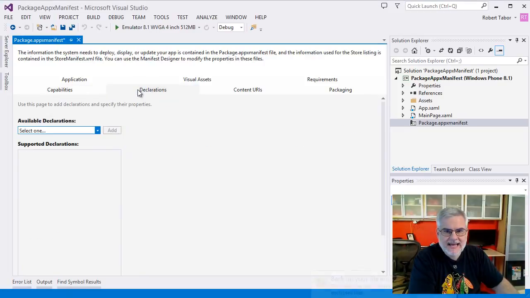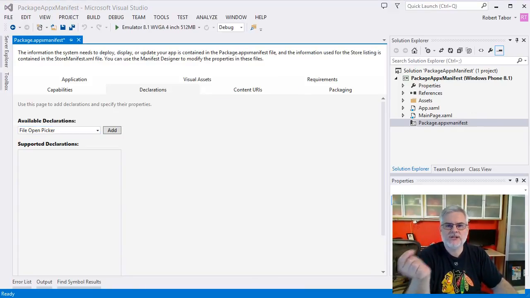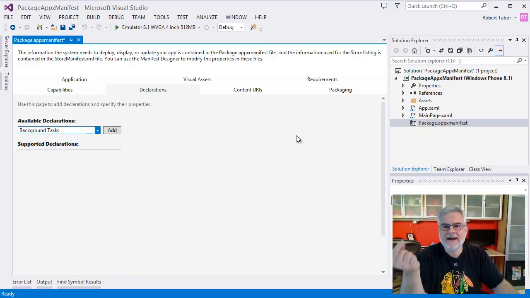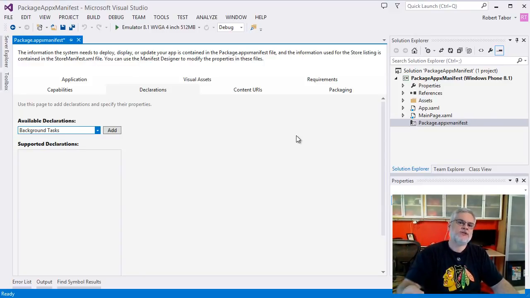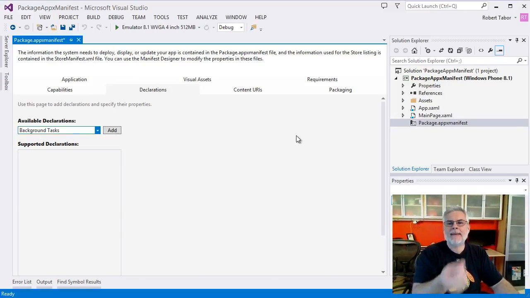The next tab is Declarations. So think of declarations as other ways that the phone's operating system can execute or enable certain features of your application. So for example, we might want to allow our application to execute a background task every half hour or so, and that background task will change the phone's lock screen image. So in that scenario, we would add a background task declaration and configure the timer,